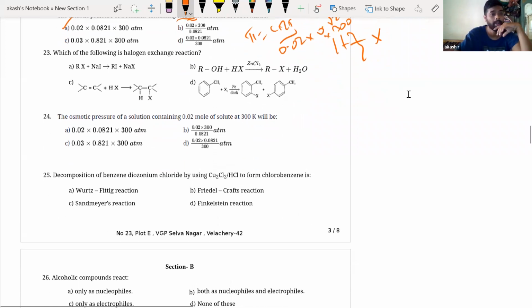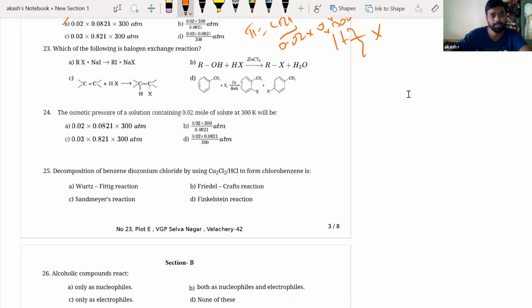One second. Okay. Which of the following is a halogen exchange? What should happen in halogen exchange? You have some other RX, means some RX. Now you go for another halogen X dash. You should get RX dash. Say this can be Cl, this can be I, something like that. Okay, now look at this. RX in the presence of NaI becomes RI plus NaX. What reaction is this? Can you tell me what is the name of the reaction? It's a named reaction, right? This one. Can someone tell me what is this?